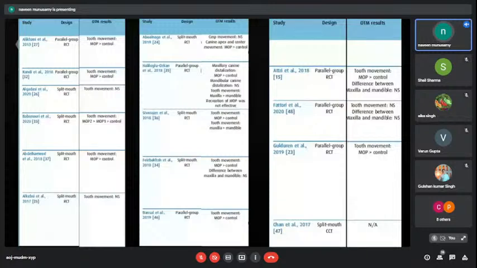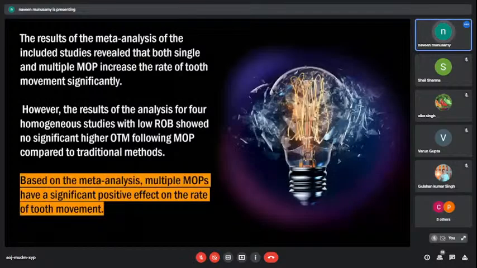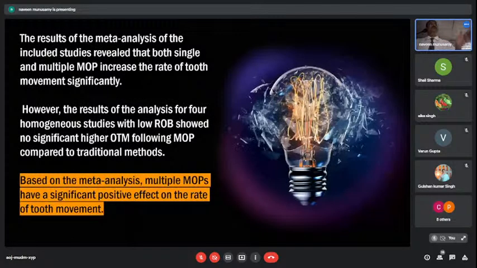Yes, definitely it will have an effect on increasing the rate of tooth movement. So this meta-analysis concluded that yes, there is definitely an increase in the rate of tooth movement after repeated microosteoperforations. In this, they did an overall analysis. In the quantitative analysis, they observed that there is definitely an increase in the rate of tooth movement whenever we do repeated microosteoperforations. That means if we repeat the microosteoperforations, it will increase the rate of